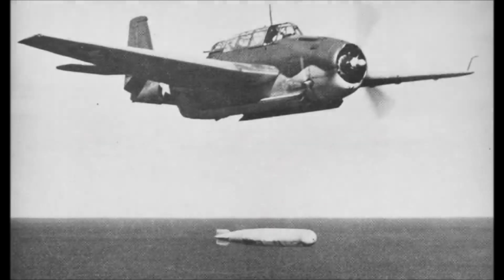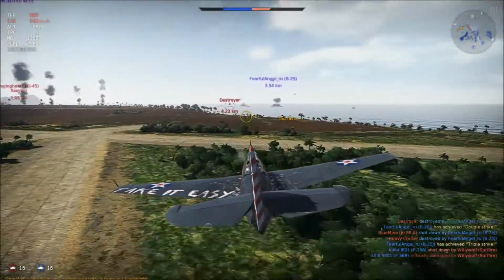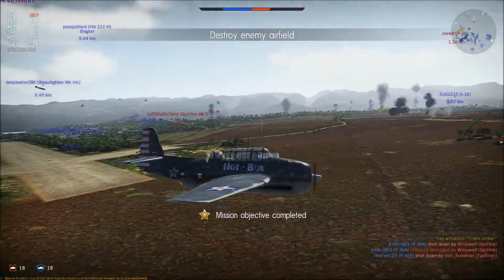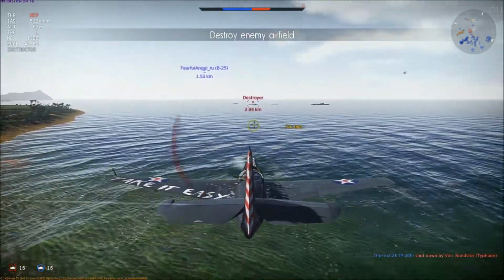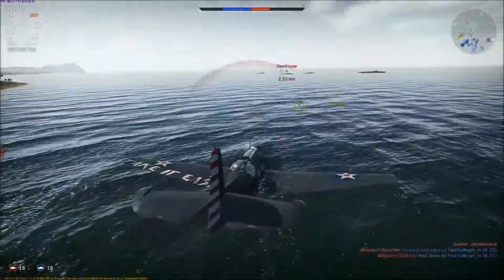The Grumman TBF Avenger was a highly successful naval torpedo bomber that served with the US Navy for 20 years. Its service career lasted into the 1960s, but it was during World War II that it distinguished itself. By 1939, the USN's primary torpedo bomber, the Douglas TBD Devastator, had become obsolete. A number of firms submitted prototypes for a new aircraft, but it was Grumman's TBF that was chosen as the